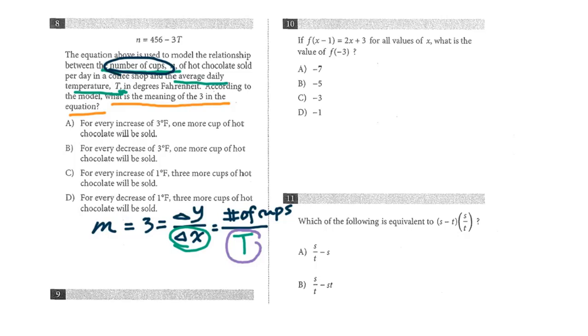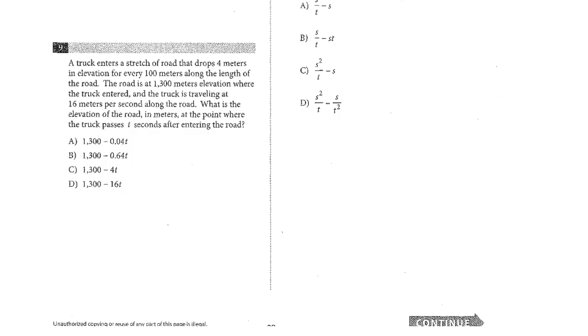We know this slope is -3. Therefore, slope 3 in this situation means for every decrease of 1 in temperature, 3 more cups of hot chocolate will be sold. So for number 9,